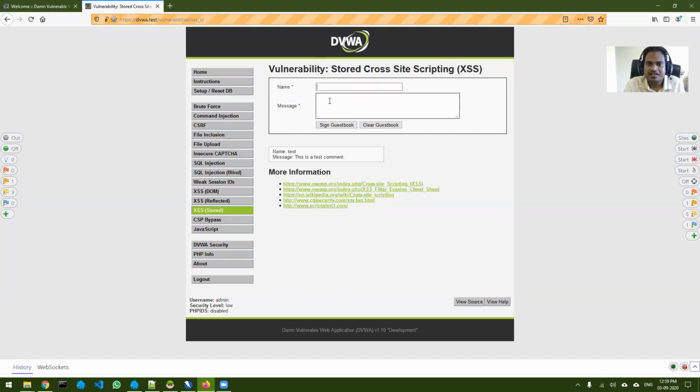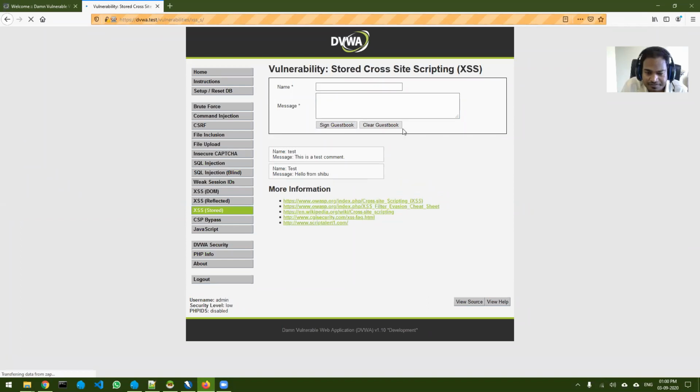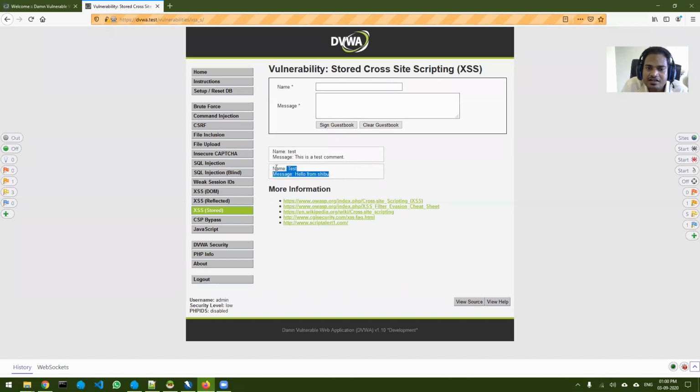Okay, so this form is pretty simple. You can see cross-site scripting. This is basically a place where people can come and put their comments over here. This is where the attacks are possible. Okay, so let's add test. Sorry. Okay, so hello from Shibu. If I do sign guestbook, you can see what happens. That particular text, whatever was there, is now added onto the